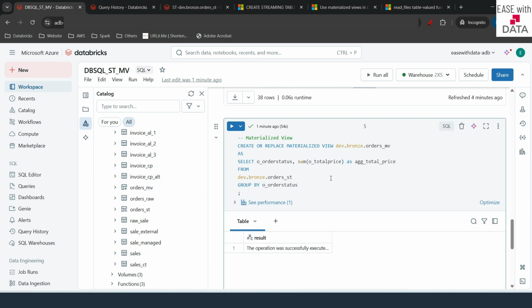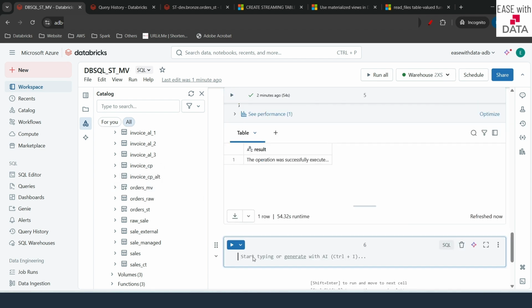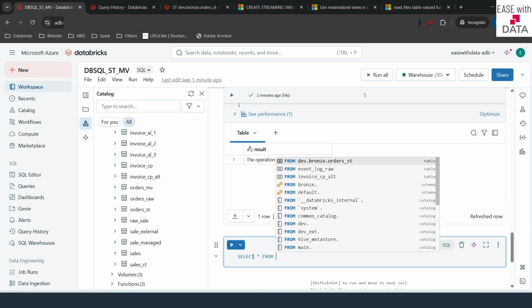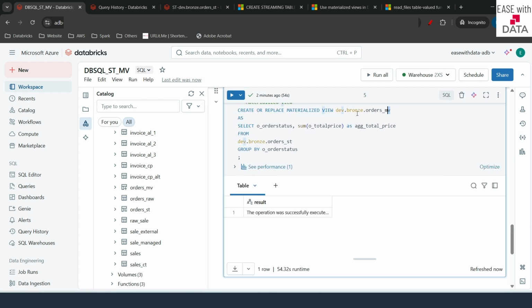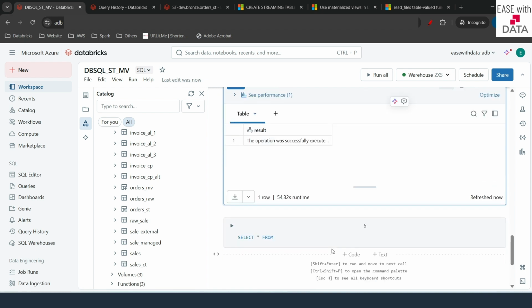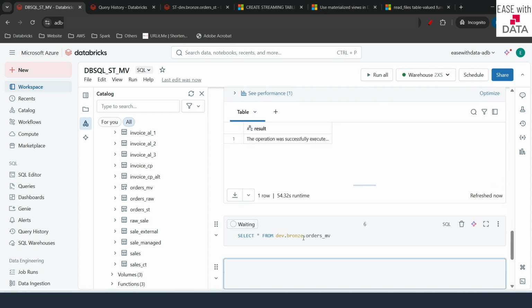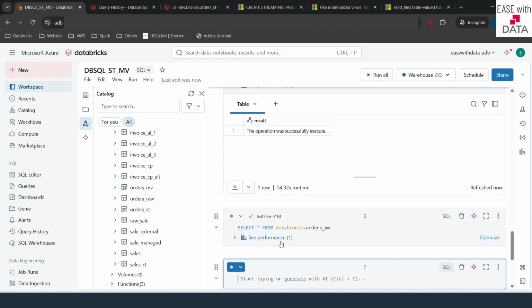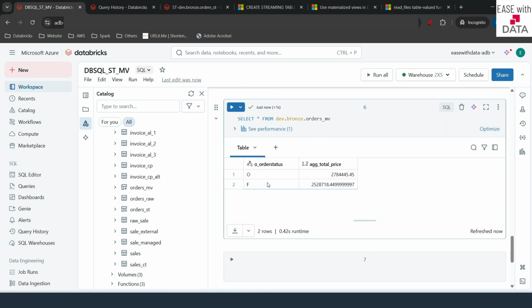So now that our materialized view is created, let me just query this. So I'll just write select star from. Okay, and I'll copy the name from here and I'll paste it here. Okay, so let me just run this. Great, now you can see the result here. This is the value for O and this is the value for F. Let's go ahead and add one more orders file for the streaming table and then see the orders value changing